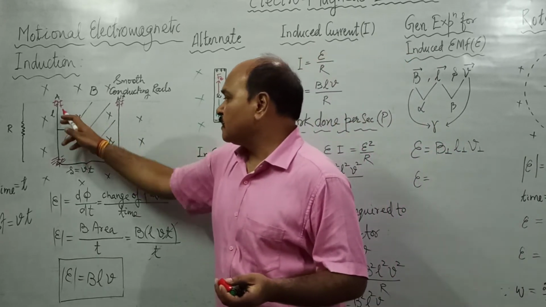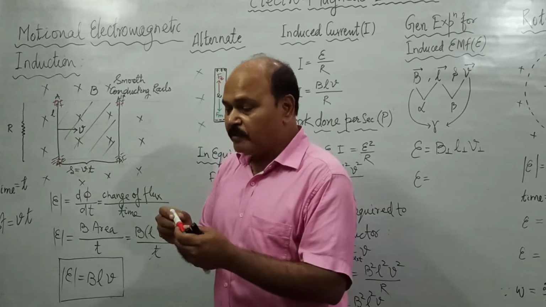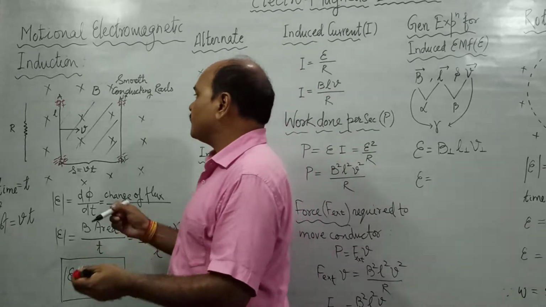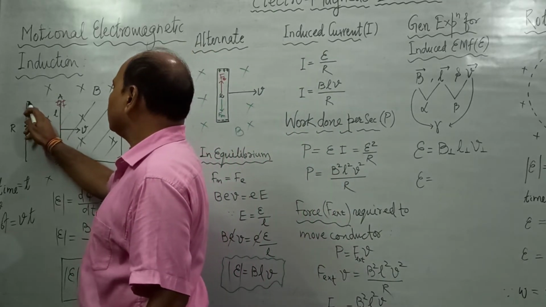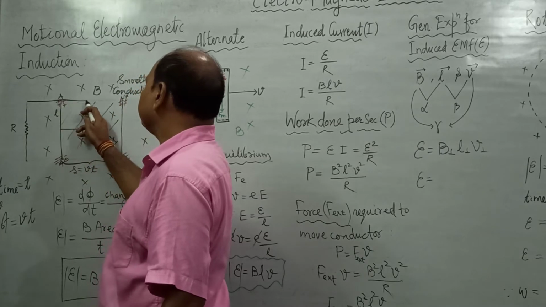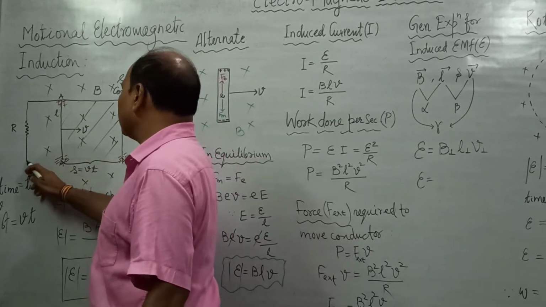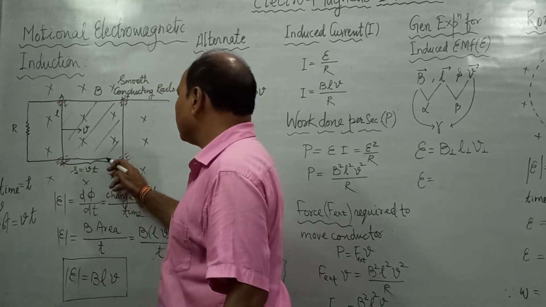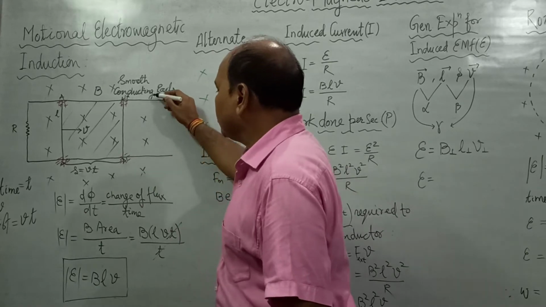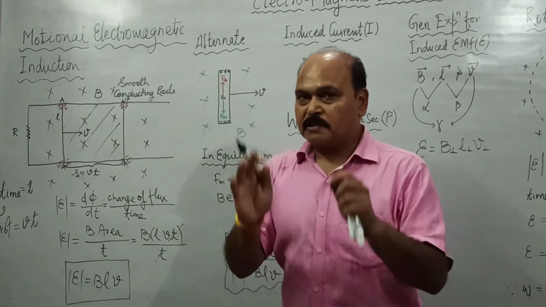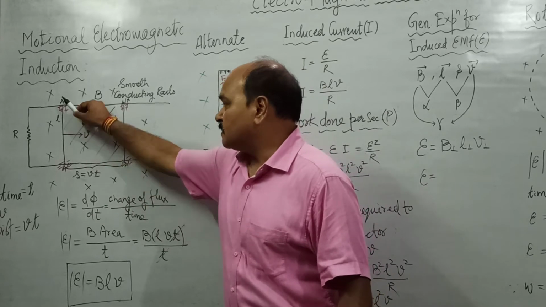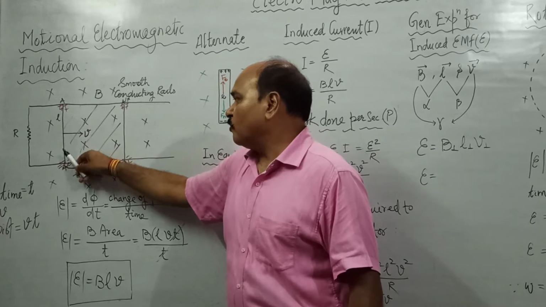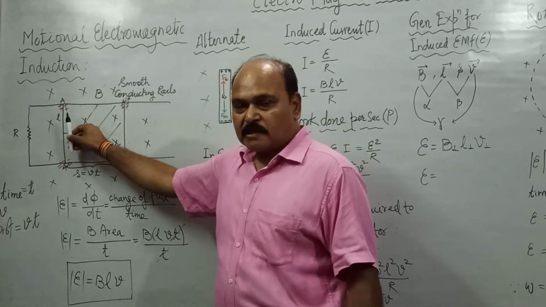Well, the two ends of the conductor are brought in contact by moving this conductor. We make this conductor move over smooth conducting rails. These smooth conducting rails are nothing but two smooth conductors, and the separation between the two conductors is the same as the length of this conductor. So the two ends of the wire always remain in contact with each other as this conductor moves.